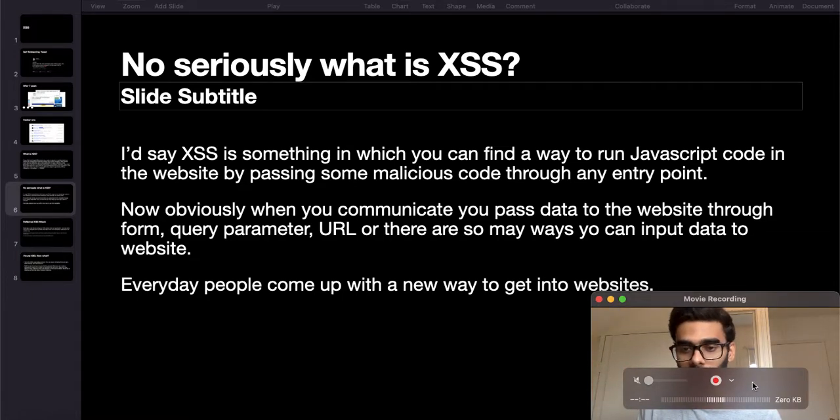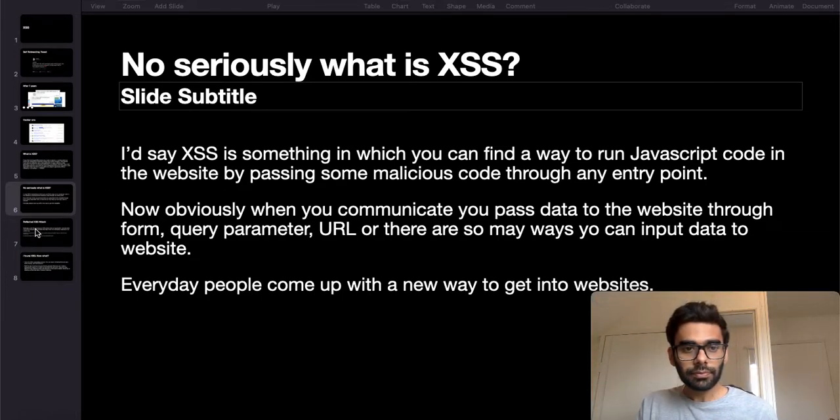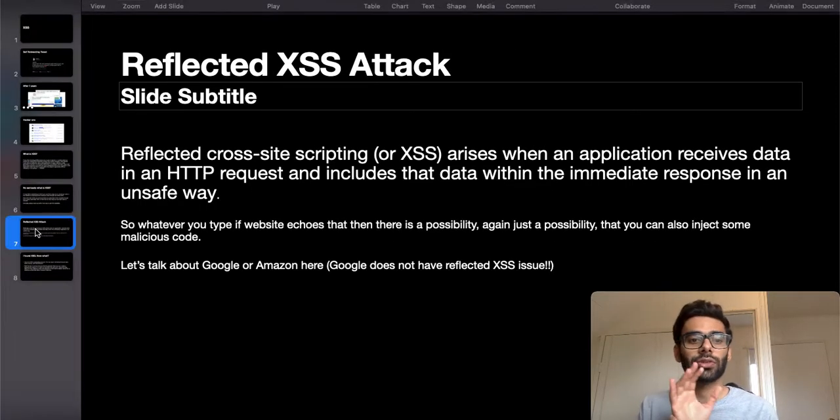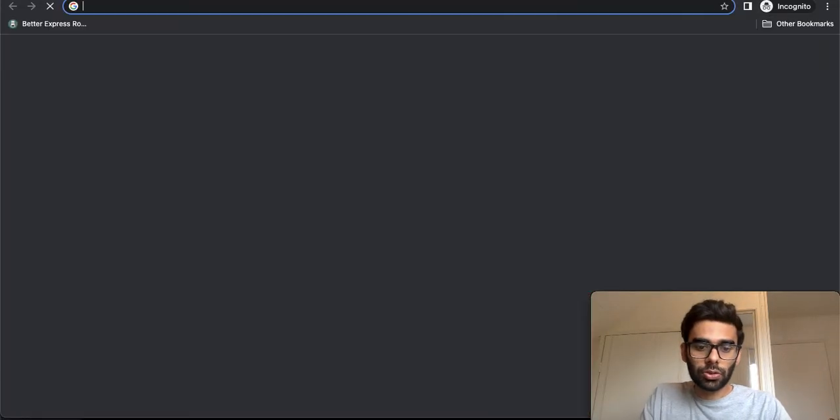So how does that look? Further, XSS has types: reflected XSS attack, stored XSS attack, and DOM vulnerability. But in this video, we'll be talking only about the reflected XSS attack. So what is a reflected XSS attack? In a reflected XSS attack, whatever I input to the website, it reflects back. What does that mean? Let's go to Google,